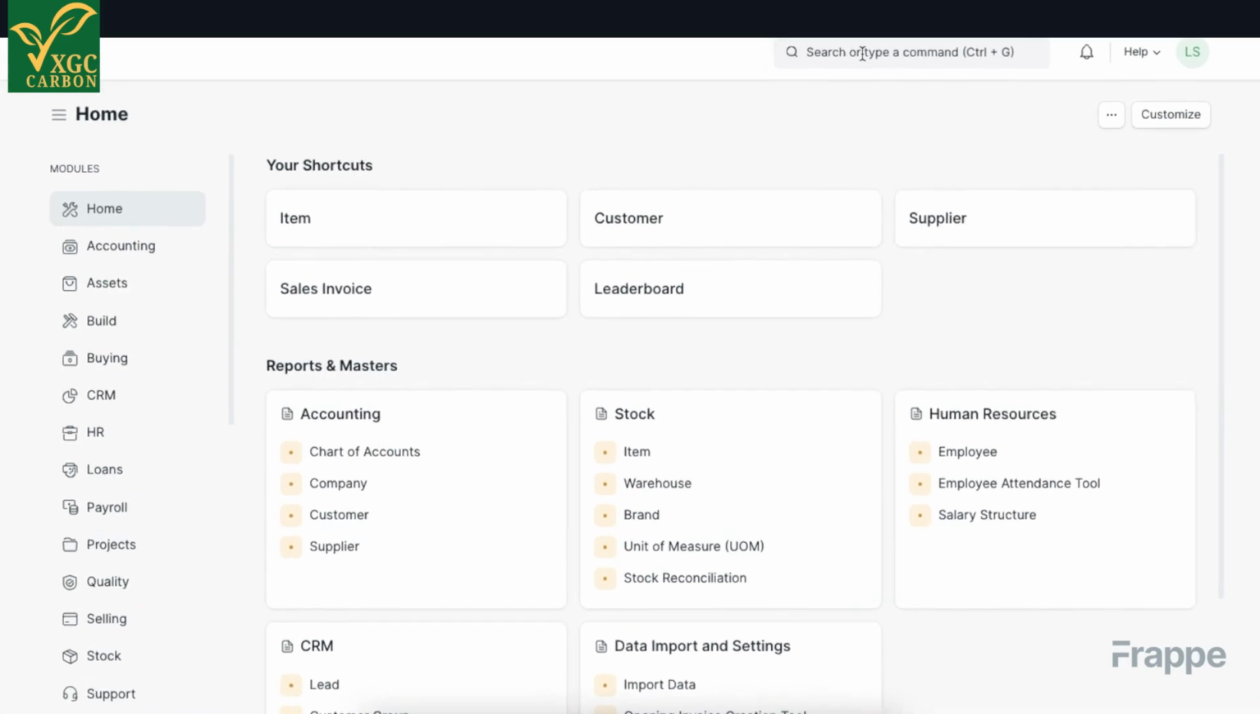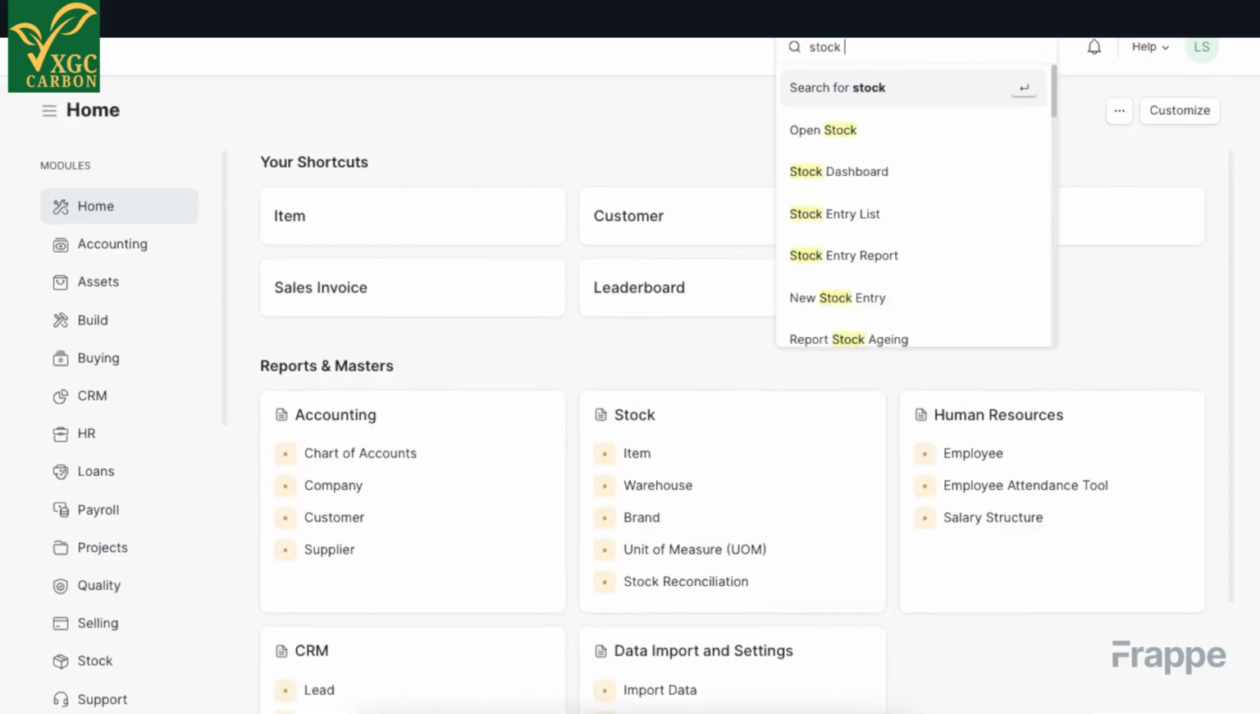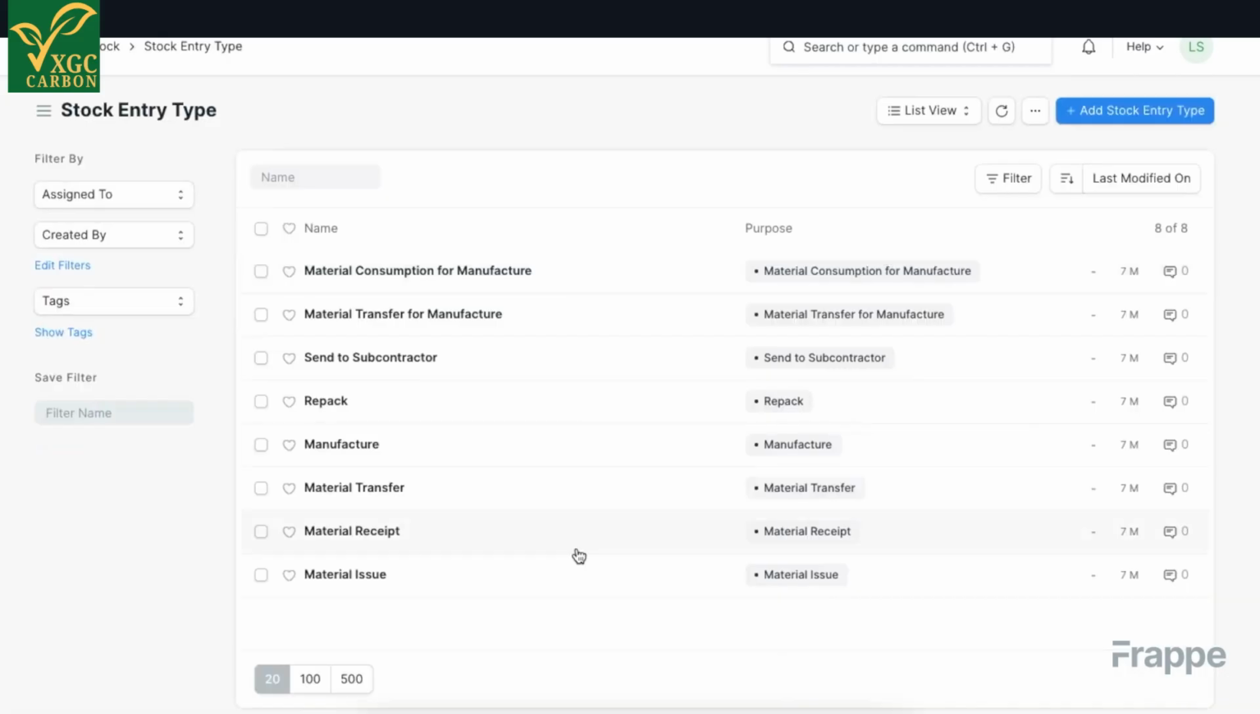We can access this list by searching for it in the Awesome bar. Here, we can see various types already listed in the system. Let's see what purposes they serve. Material issue. Material issue is used to issue material from a warehouse for internal or external use. This purpose of stock entry is used to account for the consumption of certain low-value stock like consumables and stationery,